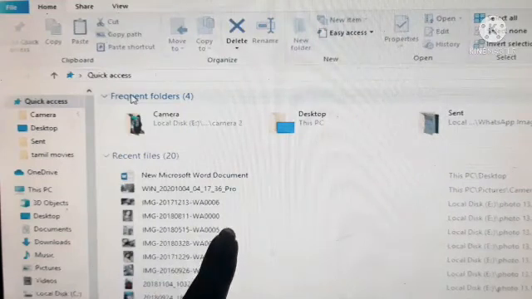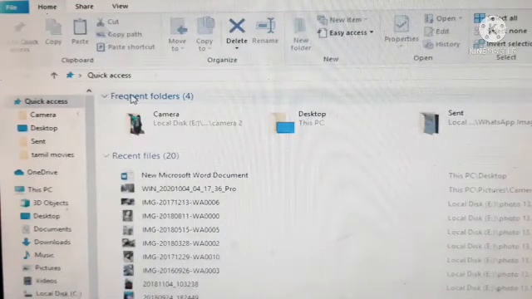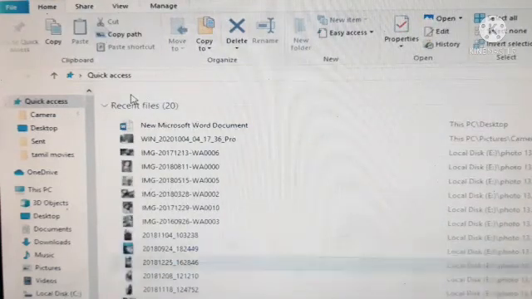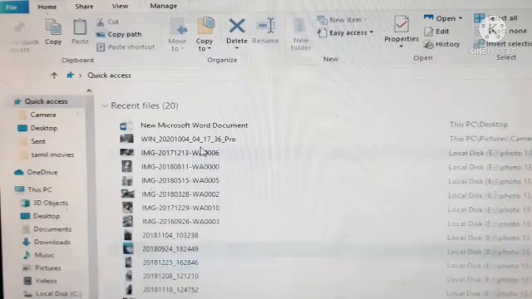The right side pane is called the content pane. In the content pane we can view the folders or files. We can see the files and folders in the selected folder. Okay ma, I understood this. How to open, we know: just press the Windows button and the E button together, and the File Explorer window will open. The File Explorer screen has two panes: the left pane is called the navigation pane and the right side pane is called the content pane.